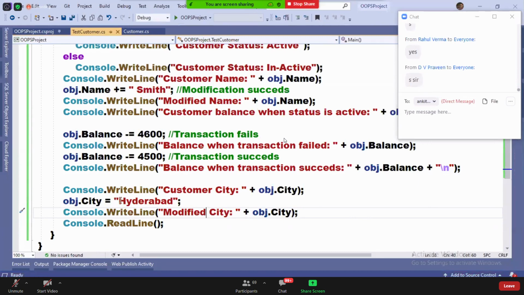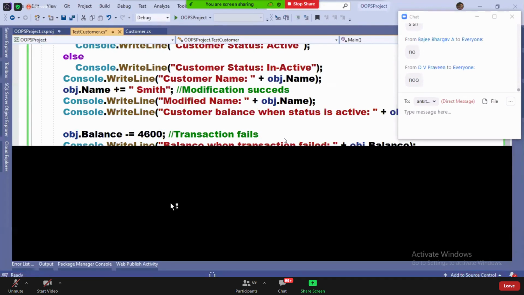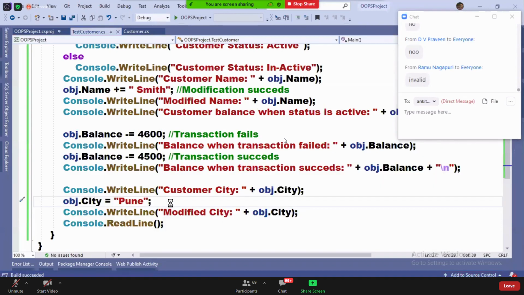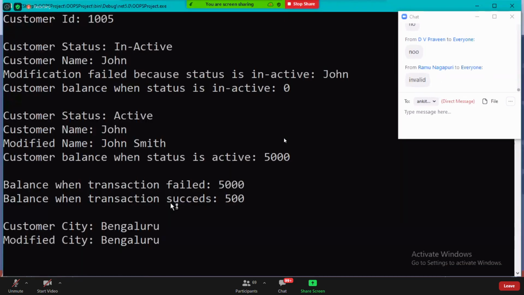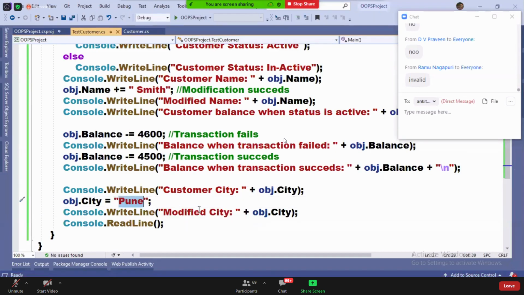Now tell me, can I assign Pune? Invalid, see? Modification failed. So still showing you Bengaluru only. Delhi allowed?